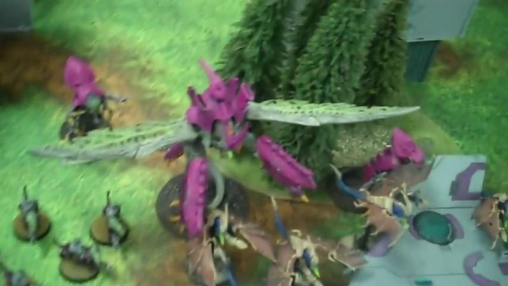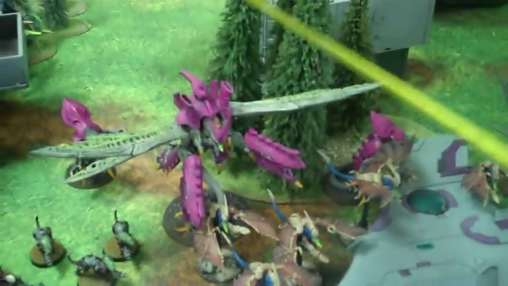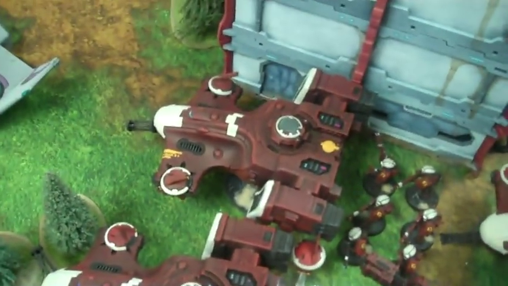The Hive Tyrant is going to fire his twin-linked Devourers with Brain Leech Worms at just in range at that front